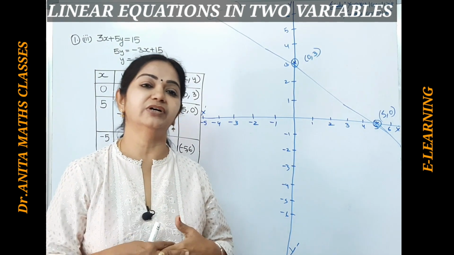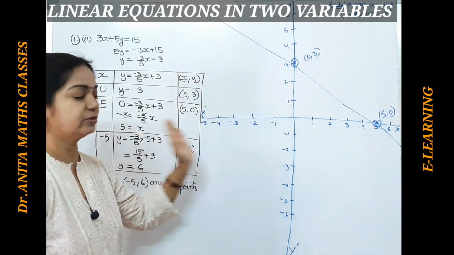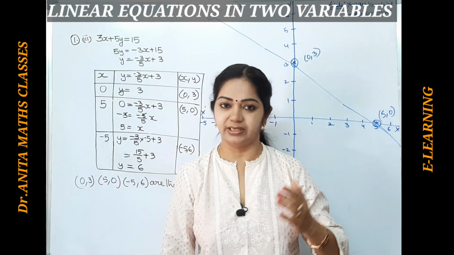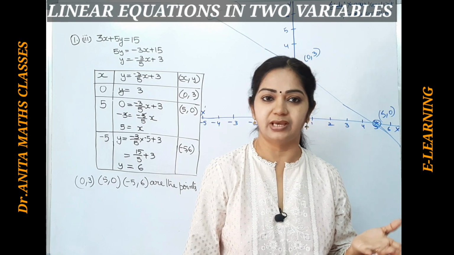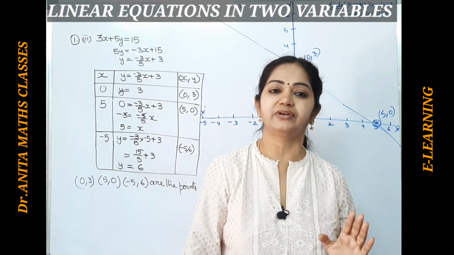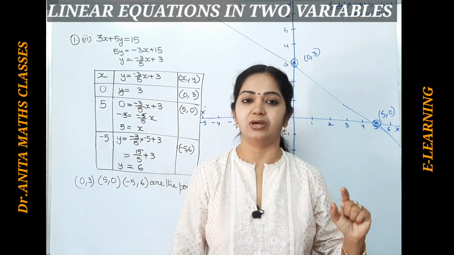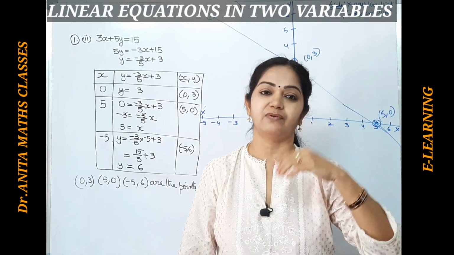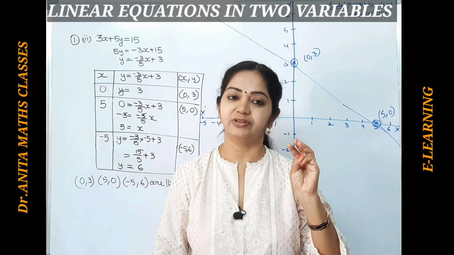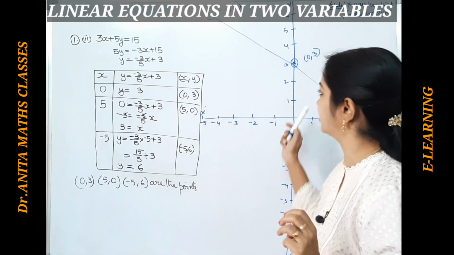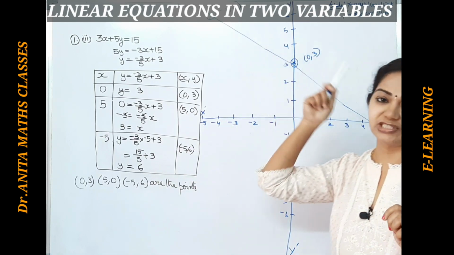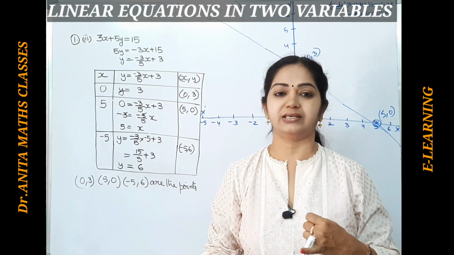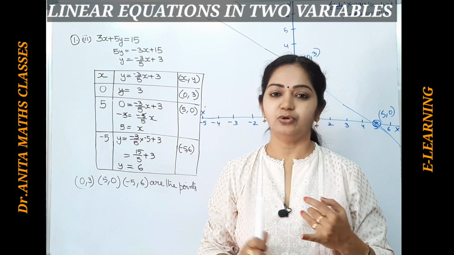Now in this session, I have told you 2 graphs. Okay, so it is better to take more than 3 points, and if you are feeling any difficulty, just substitute x value as 0 and get the y value, substitute y value as 0 and get the x value, and take one more negative point. So with minimum 3 points you can plot the linear equation. You will be getting a straight line. So I have told 2 graphs and I have given you the second one to practice. Okay, do practice this graph.